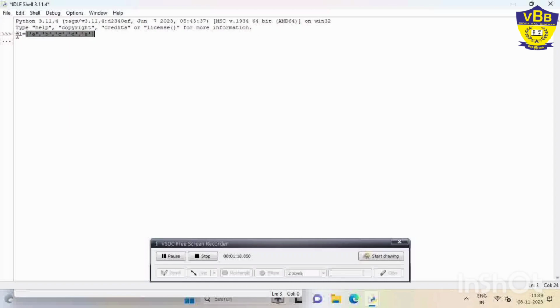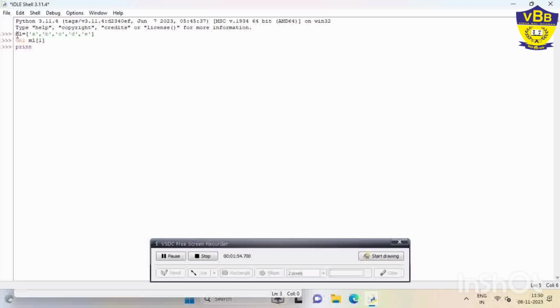After that, we are going to delete the first element of the list. So I will write the del keyword, del ml, the list name, and then provide the index value. Suppose it is the first index, so I will write 1. Which element is going to be deleted? The element B is going to be deleted from the list because the first index indicates the B element. As you know, the list starts with 0, so it will delete the B element, right?